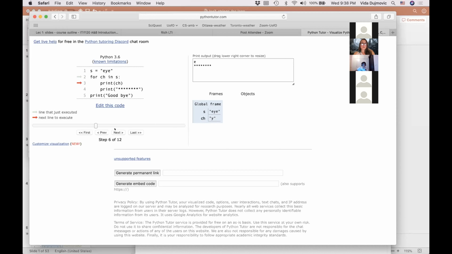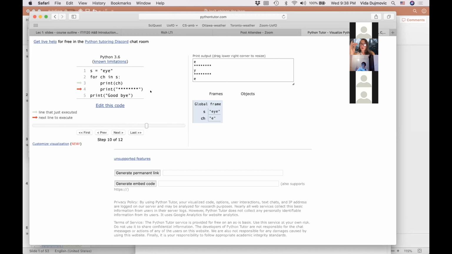You enter the body of the loop, print whatever is stored in CH, which is Y, then you continue executing the body of the for loop. After the stars are printed, we are at the end of the body of the for loop. And what does Python do? It goes back to the beginning of the loop, back to line 2. It says, give me the next character. The next character is E. So when I press enter, E will be stored in CH and we will enter the loop. Print whatever is stored in CH, that is an E.